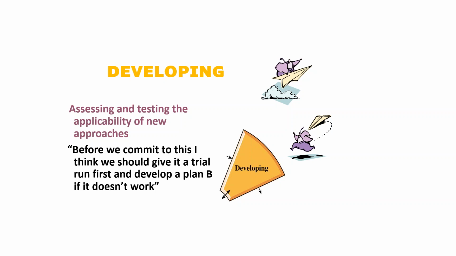They will make comments like, for example, they'll say things like, before we commit to this solution that we've decided may work, I think we should give it a trial run first and develop a plan B if it doesn't work. So they're putting on the table a scenario that might test whether this approach might work. So in other words, they're assessing the